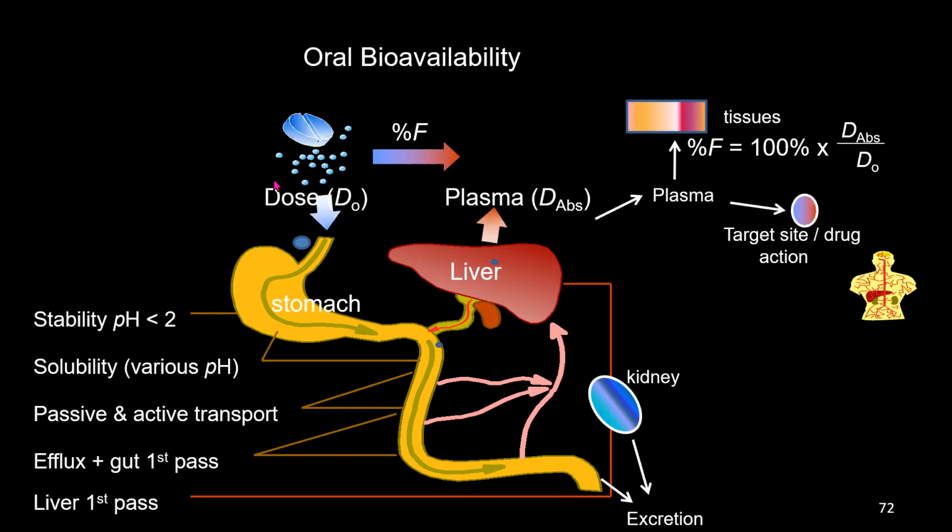And once the drug gets absorbed into the bloodstream, it will start acting. But if the drug doesn't get absorbed, it comes out as excretion, which is a waste. A drug that gets absorbed in the bloodstream, the pH of the blood is 7.4. Again, the drug has to be soluble and stable at that pH condition.